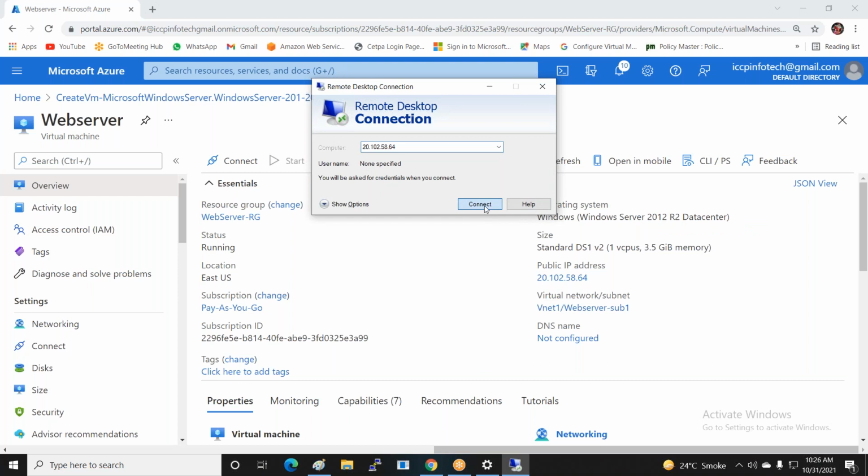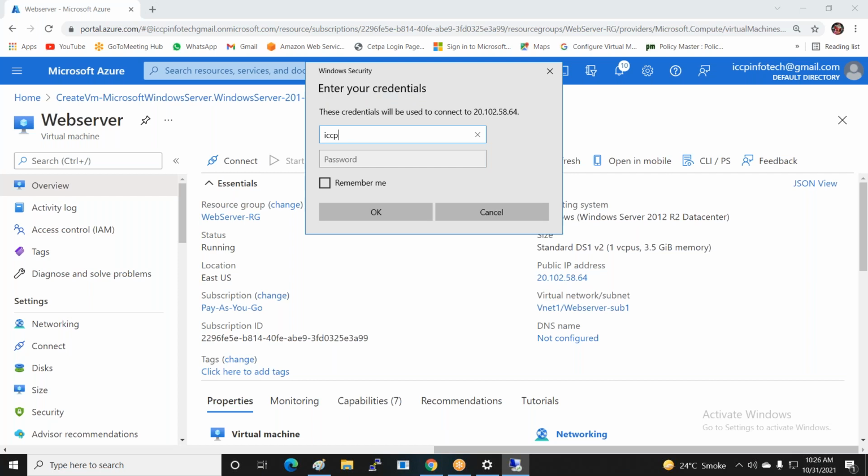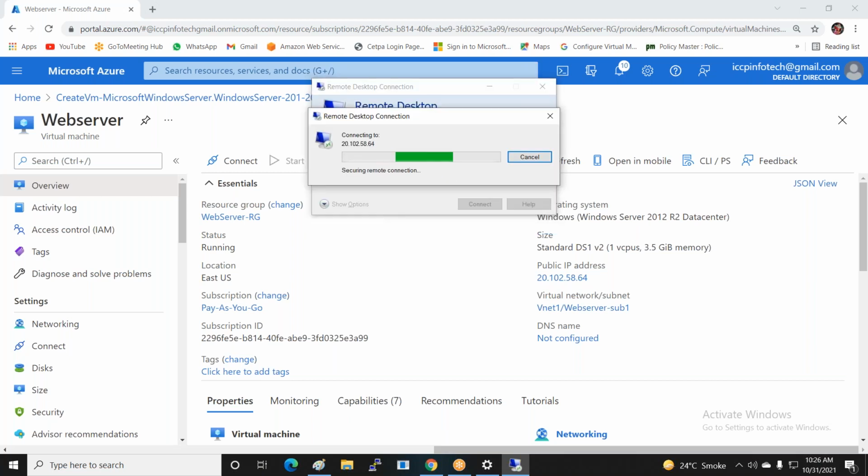I give the username ICCP and the password AHT at 12345678, and now click OK. There is no configuration available in this system, but now I will configure the system.